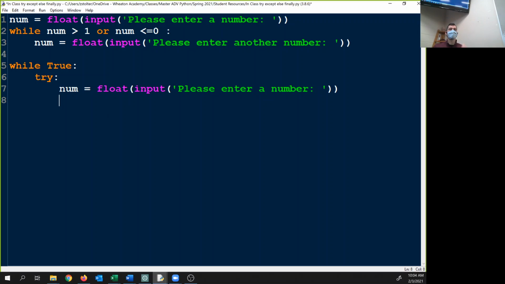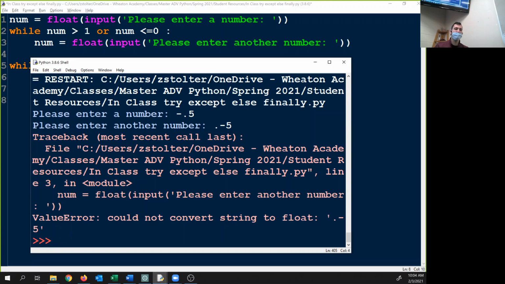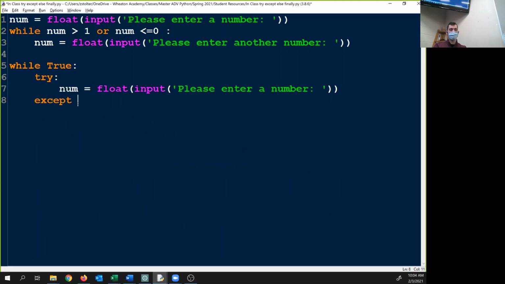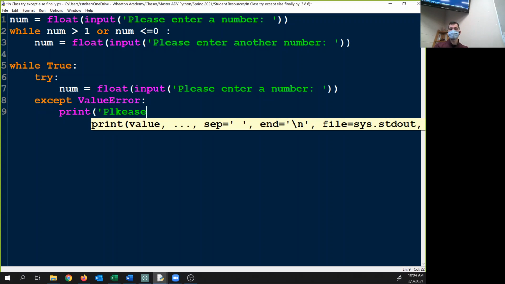Okay. So now we have our try. We're going to try having them type something in. We have to have an except. Now, when you type something incorrectly, if I type in a string and it's supposed to be an integer, I get this value error. We can specify the value error, or we can leave it blank. We're going to start by specifying the value error. We're going to print, please enter the